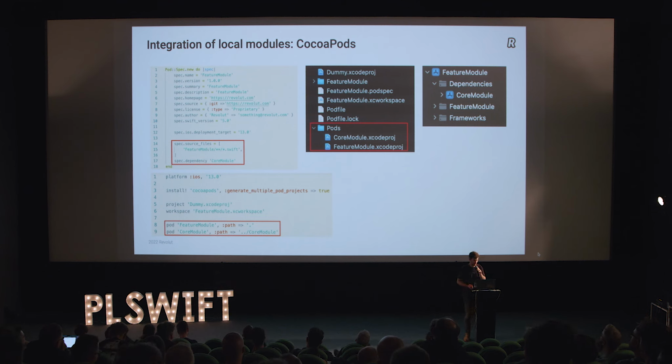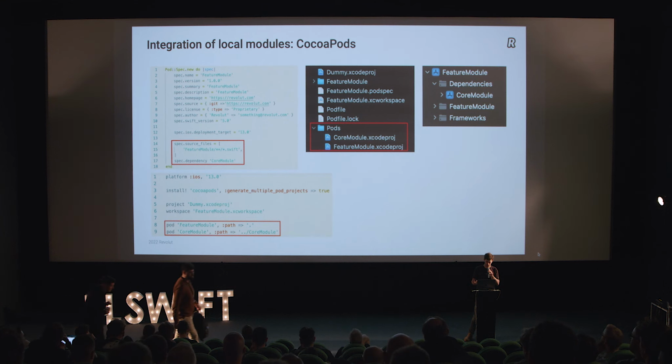You can use CocoaPods. I've heard about this approach in multiple companies, so I'll explain a bit. It's basically the same idea where you have specifications with the dependency specified. What you see on the top is a pod spec, which declares the dependency relation, and on the bottom is the Podfile, which declares the origin of this dependency. If you run CocoaPods in this feature module, what you get is what you see in the middle, a Pods folder with different projects inside. And these projects are fully working projects. You can open them individually, and you can develop on them.